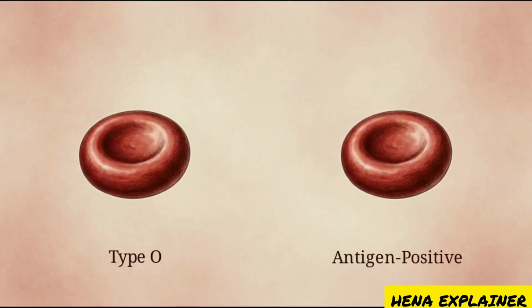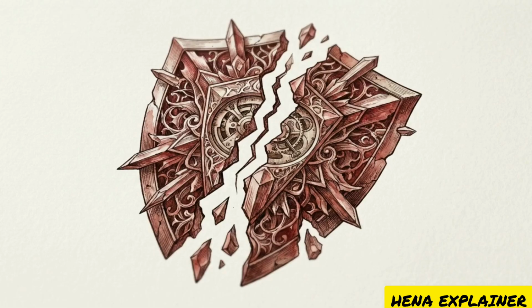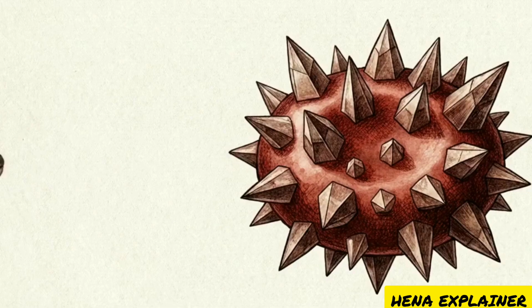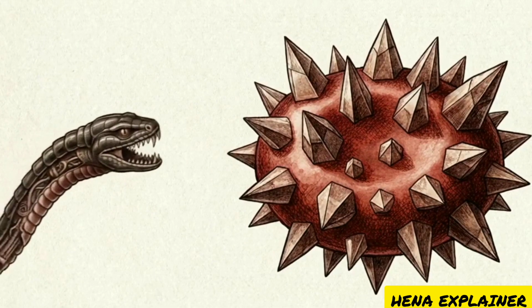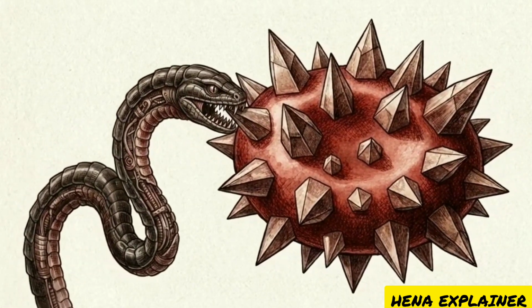Zooming in on the microscopic level reveals that red blood cells are often studded with distinct geometric markers called antigens. These proteins act as biological shields, determining which foreign substances the body accepts and which it attacks. But nature rarely hands out free armor. In the microscopic world, every structural shield you build to defend against one threat becomes the exact handle another pathogen